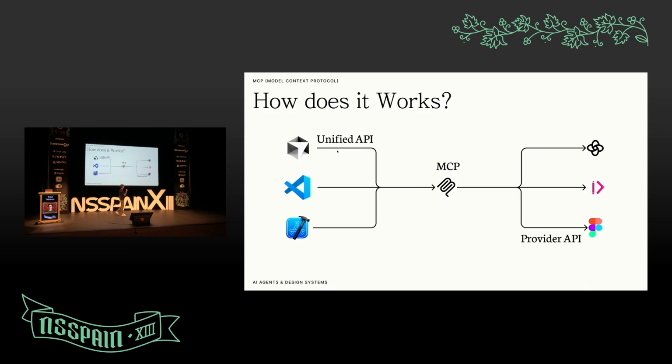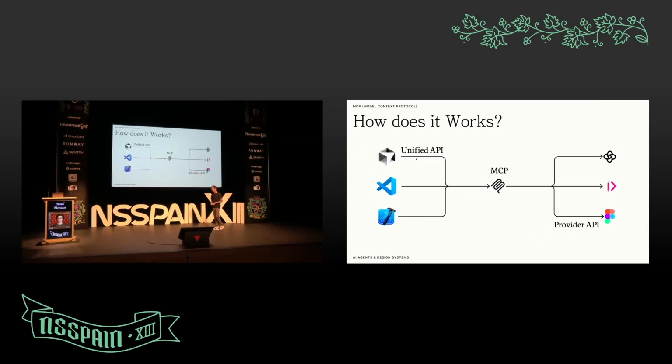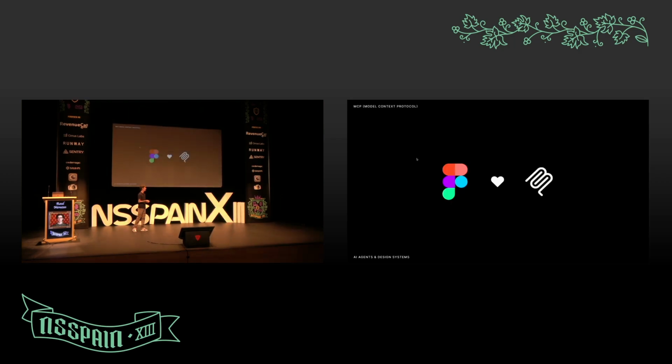For those who know, Supernova and ZeroHeight are main houses for design system documentation, and they provide very good MCP support. So it allows you to fetch much more information for your design system or any documentation that you have at UI level than just relying purely on what you have on your code base. And one of my favorite ones actually is the Figma MCP. It's not mentioned for Figma, it's just because the way they designed the MCP is very clever, and it does make a lot of difference.